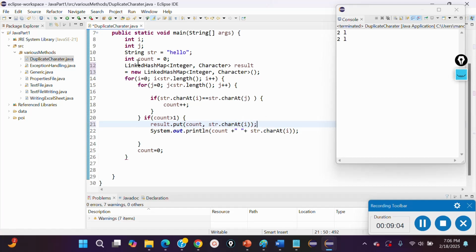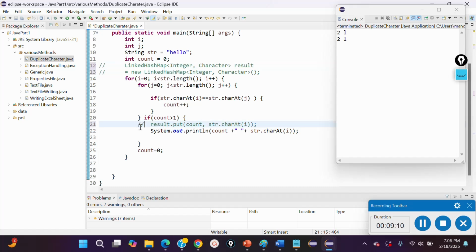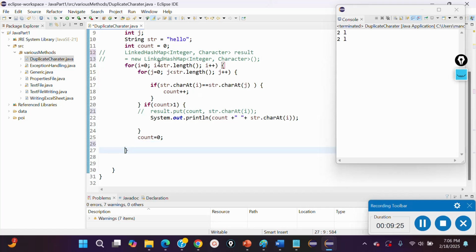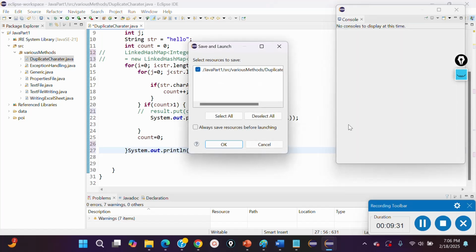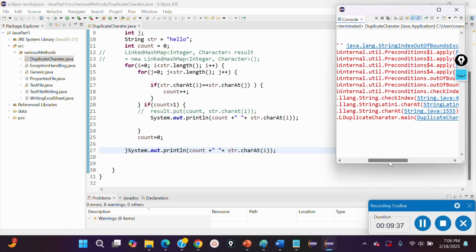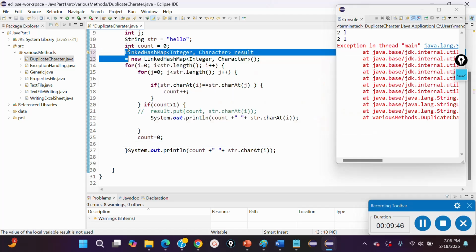And let me, for a while, comment this hash map, and let me comment this result also. And see, this is the result over here, right? If I take this value from here, Control C, and put it after this count, after this for loop, and run my program right now with the same value without the hash map, what will happen? It will give me the index out of bound exception. So that's the reason I have created this hash map over here, so that if I now take this code back over here,